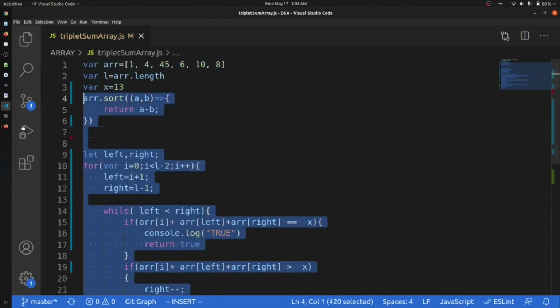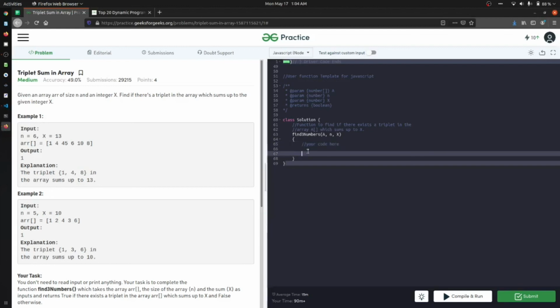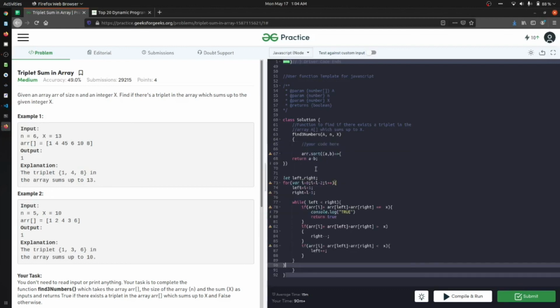We'll just copy it and paste it here. We have x and array, so we will change this to arr, and change it to small x, and I think we have l also, yeah, so this n will be converted to l.